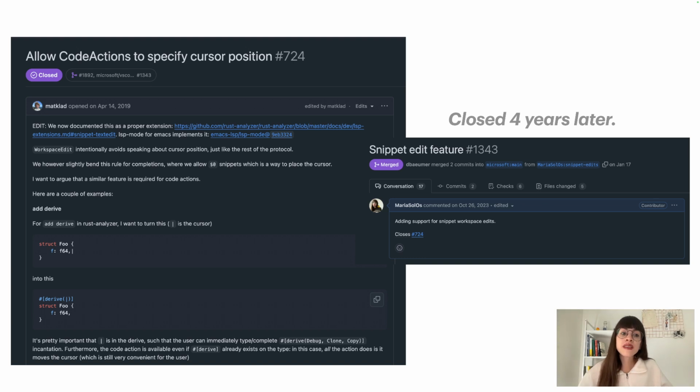Another story about this is something that happened with Rust Analyzer. Four years ago, in 2019, was that 4 years ago? No, 5. So for code actions, there was this request of allowing code actions to specify cursor position. And in Rust, in case you have never written Rust code, and if so, why? But if you do, I do have experience with Rust, by the way. Anyway, going back,